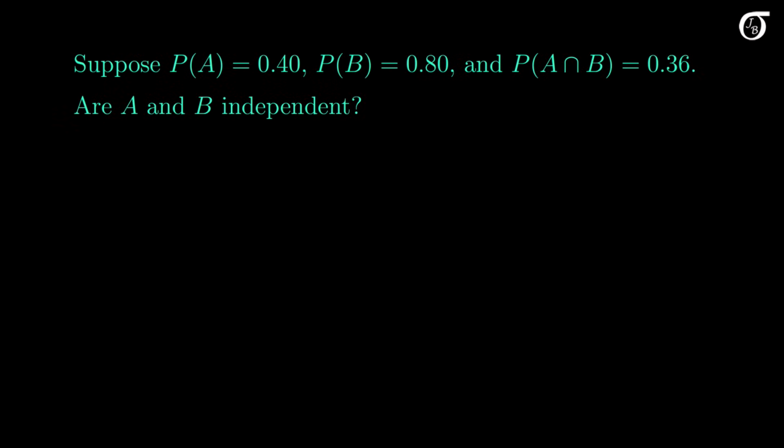Now suppose the probability of A is 0.4, the probability of B is 0.8, and the probability of their intersection is 0.36. Are A and B independent? Since we are given the probability of the intersection,